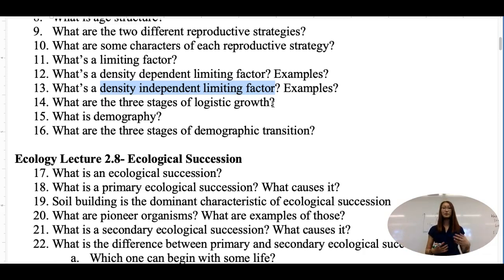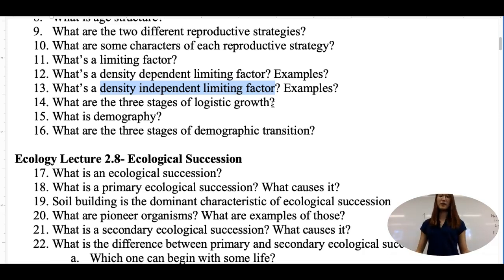So that's density independent. A second way to think about it is that if you have a factor that there's plenty of, no matter what, you could also call that density independent. So for example, the amount of nitrogen, that was on our quiz, the amount of nitrogen in the atmosphere is density independent because no matter how many individuals there are on the planet, there's going to be plenty of nitrogen just because there's so much nitrogen, right? So it's not really a limiting factor at all, first off, and it's density independent because the amount of nitrogen is not going to change by much, whether your population is dense or not.